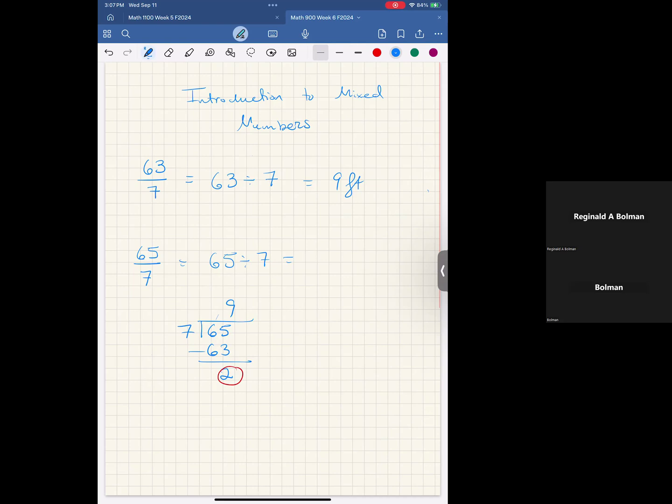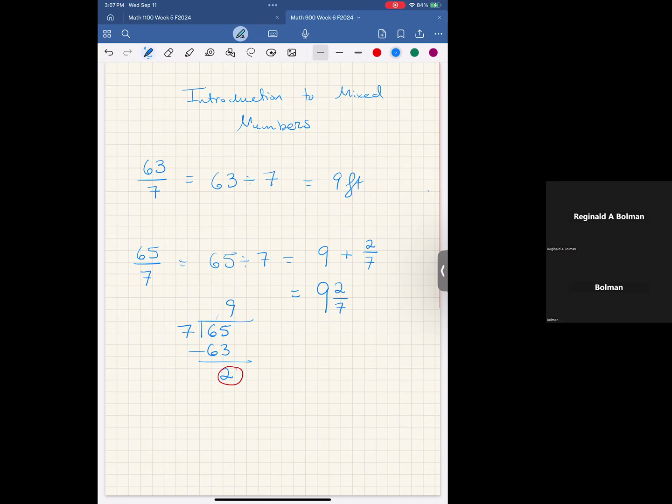And so what that looks like in terms of a fraction is that he's going to have 9 whole feet that he's measured out. But then he'll have 1 additional measuring stick that he's going to have to break open and cut into 7 equal pieces. And from this additional measuring stick, he's going to take exactly 2 of the pieces of the measuring stick that has been sliced 7 ways. Okay. Now, the mixed number notation